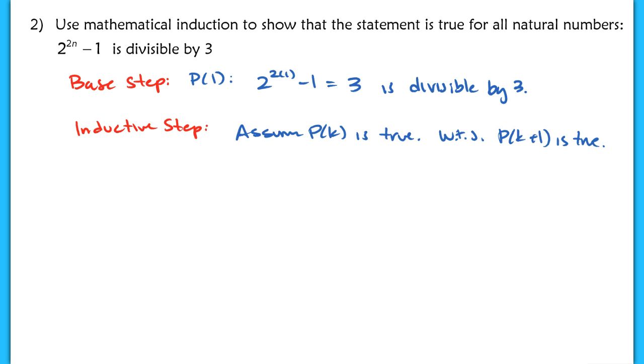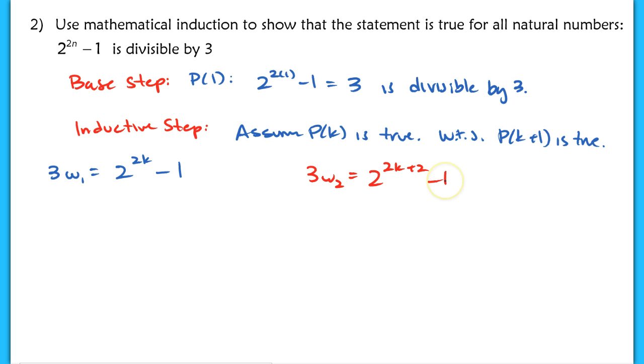So writing out our P of k, we have 2 to the 2k minus 1 is equal to 3 times some whole number. Okay? So this is the trick to make sure that you can write this as an equation. Now our P of k plus 1 statement will be 3 times some other new whole number is equal to 2 to the 2 times k plus 1, which is just 2k plus 2. So I'm going to erase that and write that as 2k plus 2